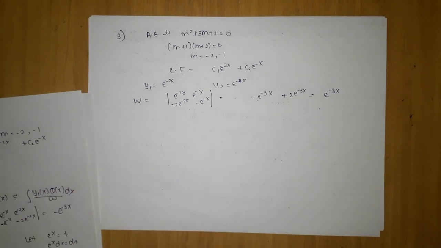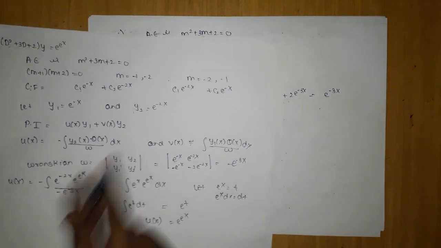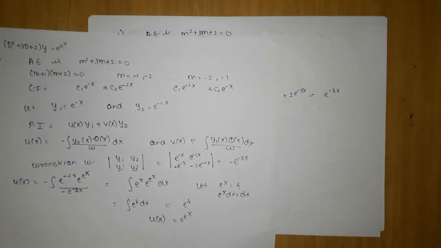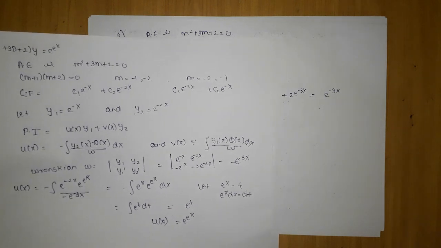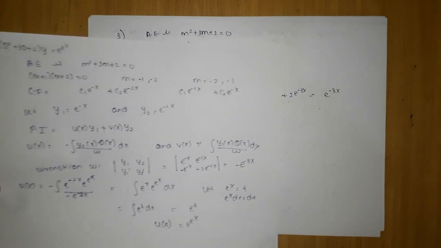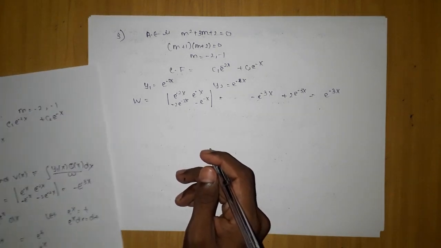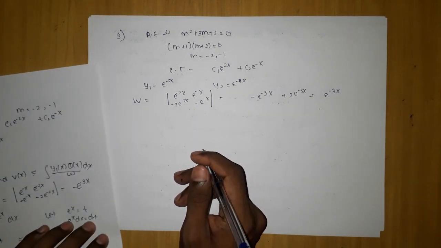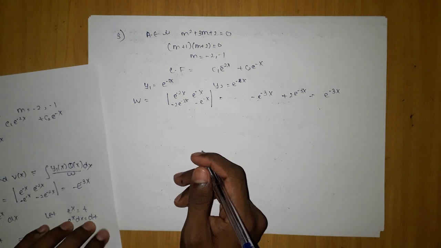Now listen, if you consider y1 and y2 differently, you will get the y value different. Don't be afraid. Just follow the steps, do the integration properly, and you will get the same answer, no matter what type of problem you are told to solve by the variation of parameters method.